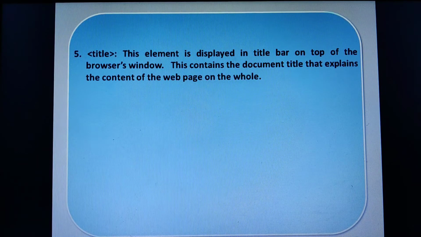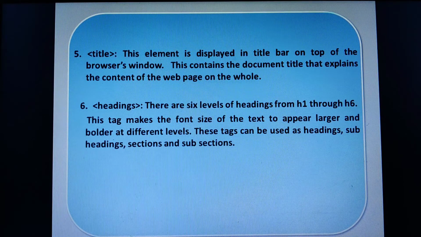Then the last of the basic tags we have to discuss is the heading tags. There are 6 levels, as we have already seen in the programming example, from H1 through H6. H1 is the first one, which makes the font size of the text appear larger and bolder at the different levels.